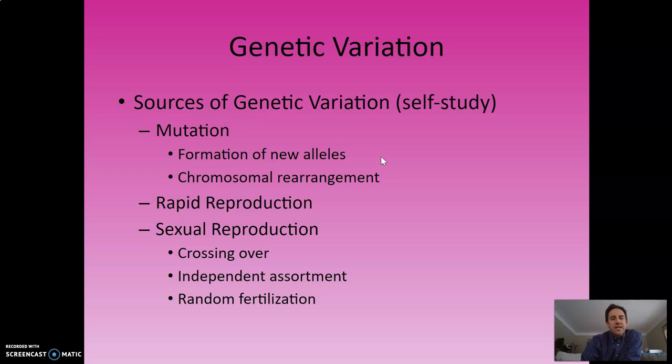Another source of genetic variation, rapid reproduction. Things that reproduce more quickly will actually evolve more quickly, and the reason why is every time that genetic material is copied and passed to the next generation, you have more opportunity for these random mutations to occur. So bacteria who reproduce several times a day have more opportunity to mutate and change than, say, humans who reproduce every,